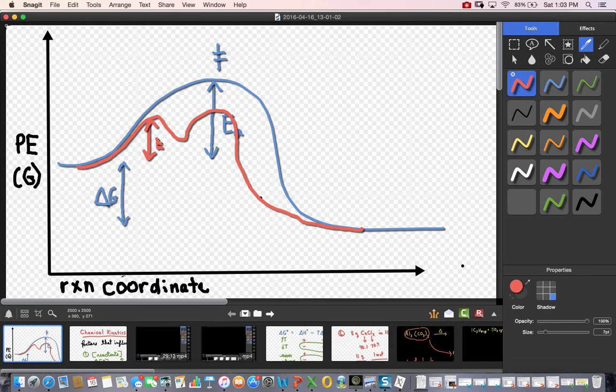It's much smaller. In fact, the energy of activation for the slowest part of the catalyzed process will be lower, so we'll call this one 1 and this one 2, than the energy of activation for the uncatalyzed process. This is how a catalyst works. In this case, we would have transition state number 1. We would have an intermediate, we'll talk about this later, and we have transition state number 2. So that's the difference between a catalyzed pathway and an uncatalyzed pathway. So these are 4 of the really important factors which will affect the